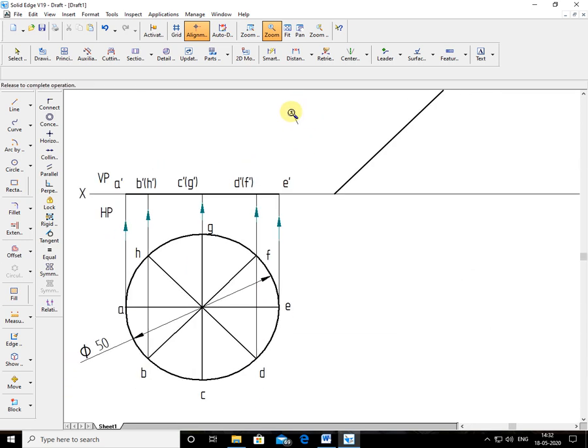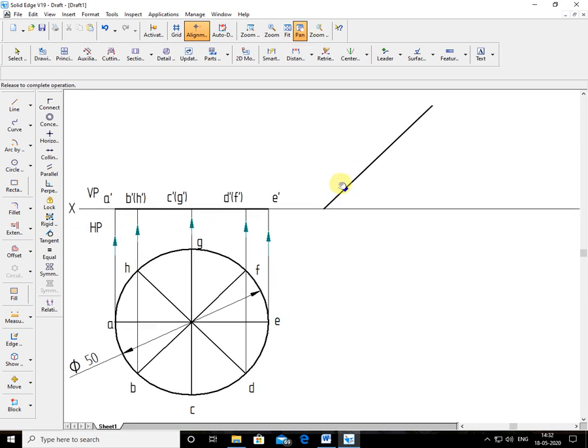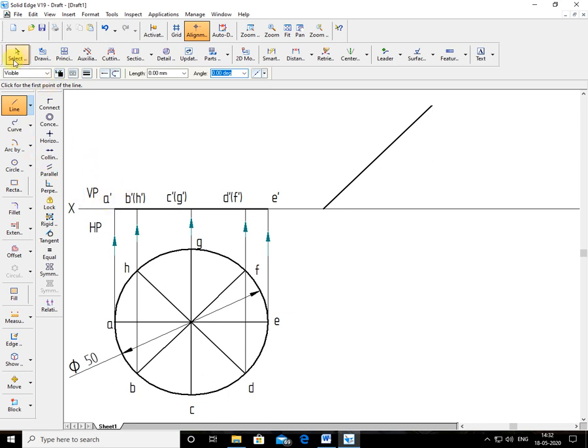Right? This is your turn. Now you transfer all these points on the same line, the second position line. To transfer, I told you to use the move command in previous videos, if you have seen. Use the move command, make the copy option off so that the typing work is reduced.